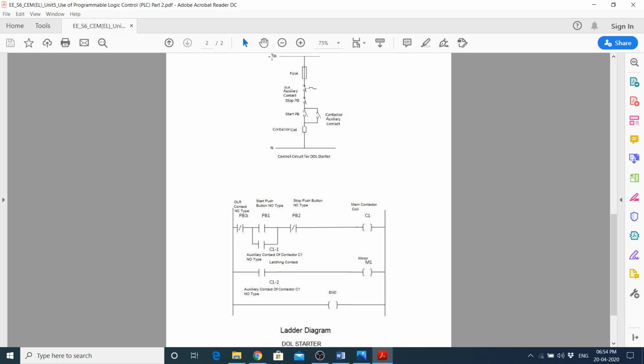So at first the current will flow from the phase wire to the fuse. Through the fuse, the current will come to the OLR, that is the overload relay. This is the auxiliary contact of the overload relay. It will come here, and through the auxiliary contact of the overload relay, the current will flow to the stop push button. As the stop push button is generally a normally closed contact type, that is NC type,